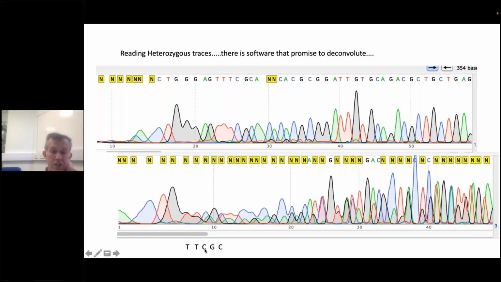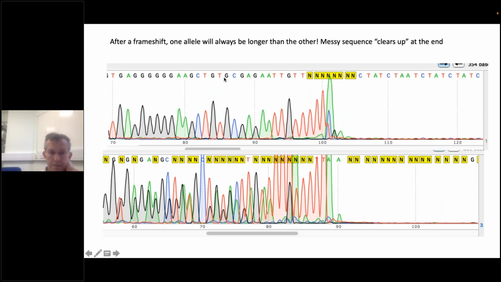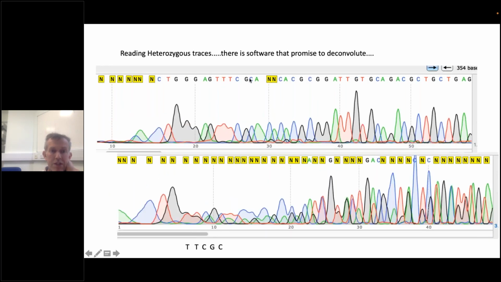If you now have a few of these sequences read, you can look at this sequence and try to find it back in the sequence over here. And as you can see, the TTCGC can be found back over here in this region. So it means that this particular sequence has shifted now to over here. And you can then count back. You need to shift this sequence 1, 2, 3, 4, 5 bases. So that would mean that this is a 5 base pair deletion in the sequence. So we know directly what is going on here.